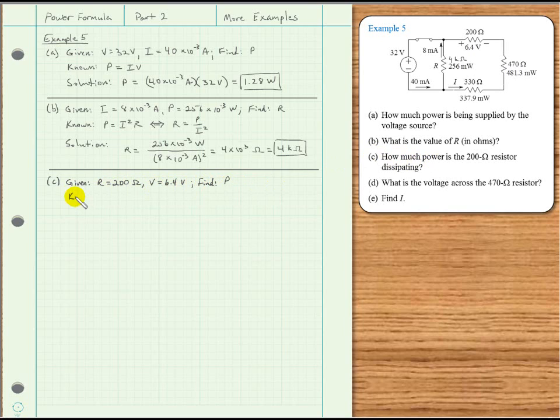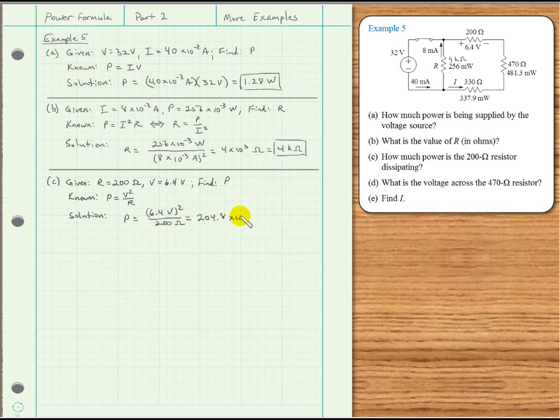So then we need a relationship between resistance, voltage, and power, and we can use this form. Power is equal to voltage squared divided by resistance. Now we're asked to find power, so we can use it right in that form. So the solution then will be the power is equal to the voltage squared, 6.4 volts squared, divided by the resistance, 200 ohms, and we should get